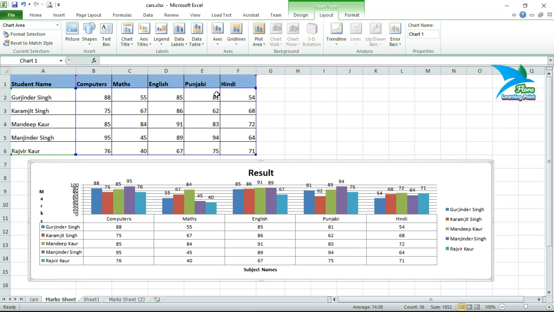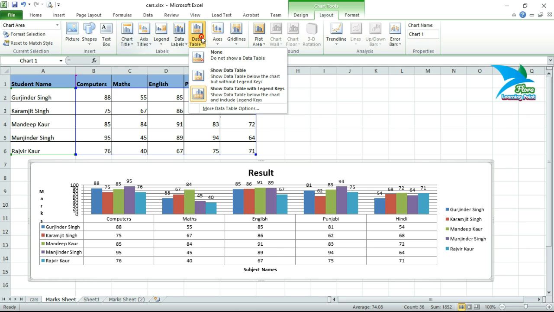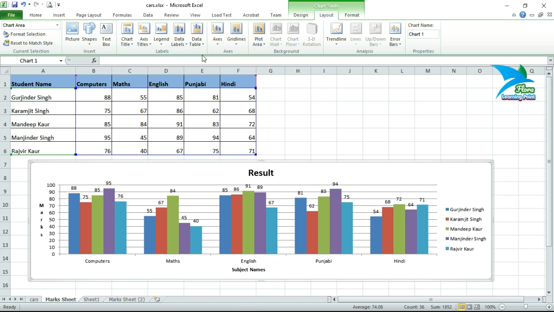So this data table option can be used when you want to display table data in tabular form along with that chart. So I'll choose none. Next we are having axis option.